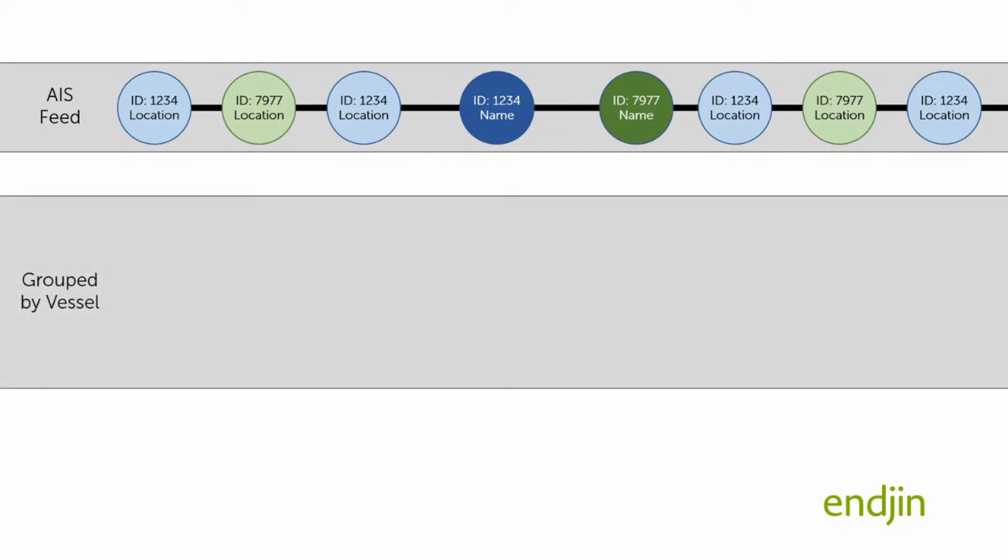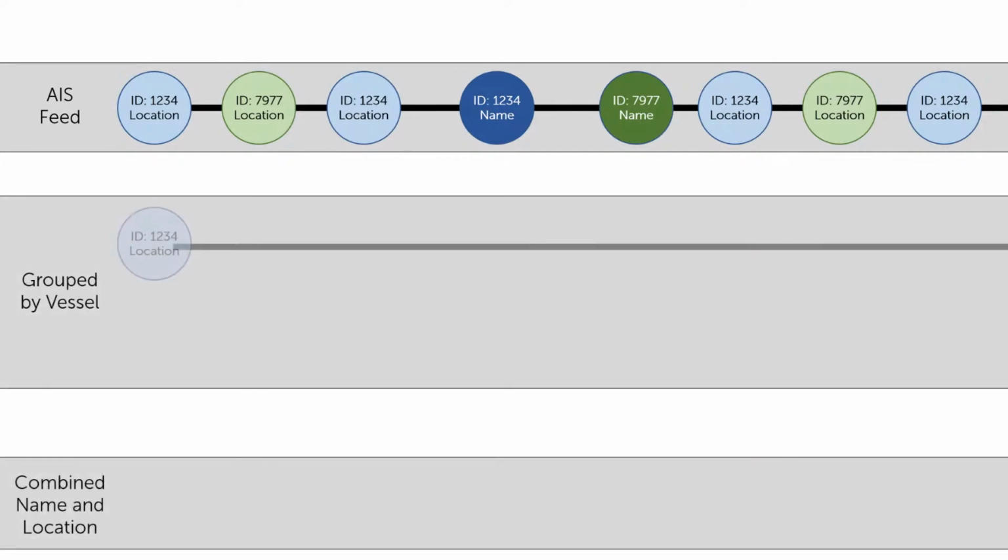So what we're going to do is group them, as you saw, by vessel, and then use that to combine them. So initially, the first message comes in. And this is the important bit. The group by operator will see that message. It'll use our key lookup and say, okay, the MMSI is 1234 in this case. Have we seen that key before? And the answer in this case is no. So it goes, okay, we need to create a new group. It creates a new observable group for that one.